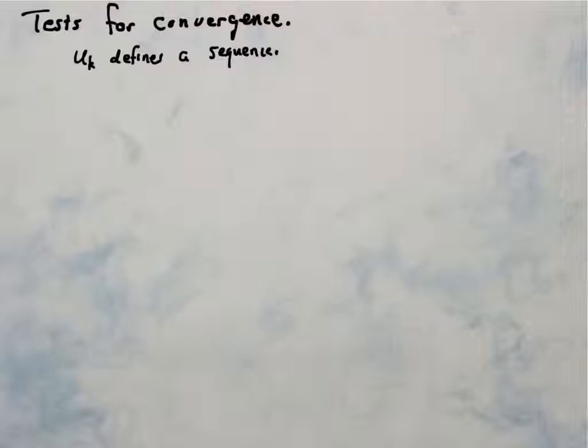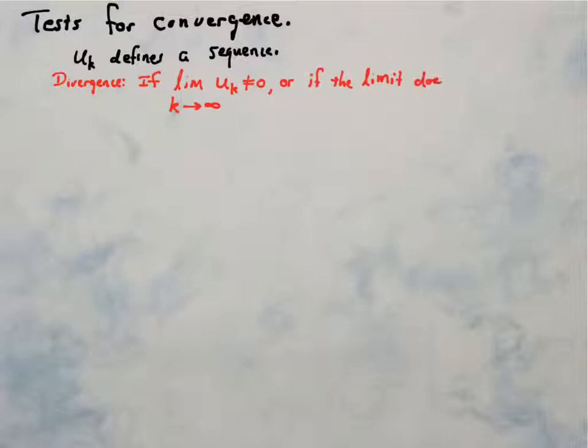So if we define a sequence as u sub k, where u is any term and k is the number of terms that we have, we can create a divergence test by looking at the limit of the value of this series as k goes to infinity. So here's the divergence test. Basically what it says is